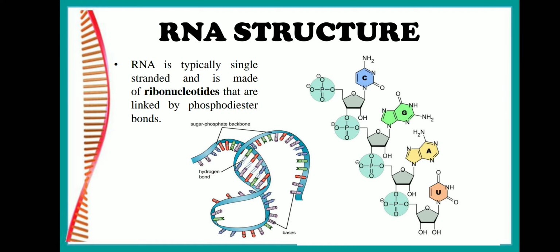DNA, as I told you, differs from RNA because DNA has deoxyribose sugar, whereas RNA has a ribose sugar in it. And the common nitrogenous bases of RNA molecules are adenine, guanine, cytosine, and uracil. So you can see here the pyrimidine thymine that is present in the DNA is replaced by the pyrimidine uracil in RNA. So we get to see pyrimidine uracil in RNA rather than thymine.